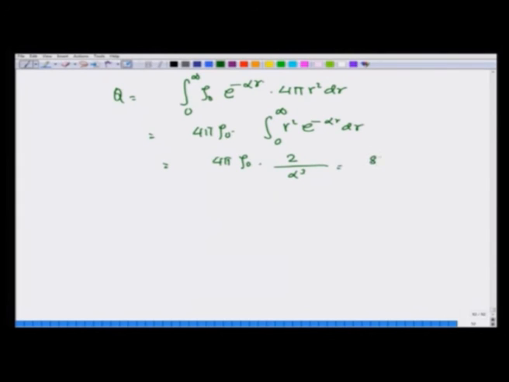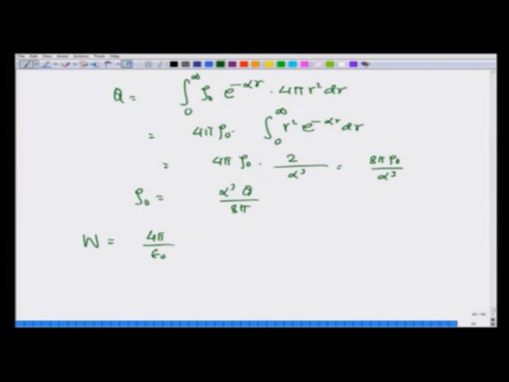So, this is 8 pi rho 0 over alpha cubed, the total charge. So, we can substitute rho 0 equals alpha cubed q over 8 pi and get the energy of the distribution to be W equals pi